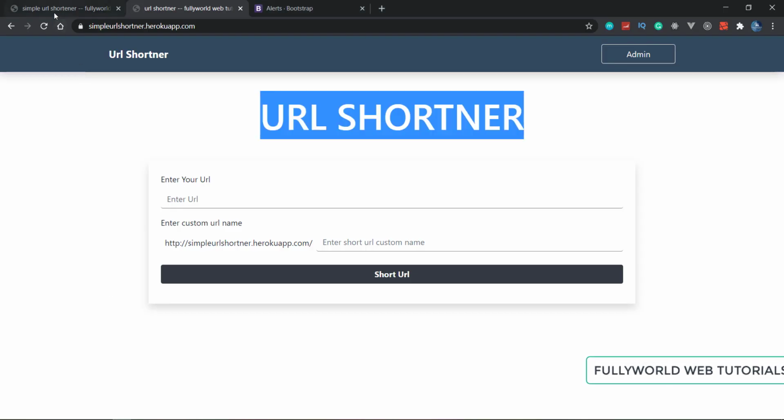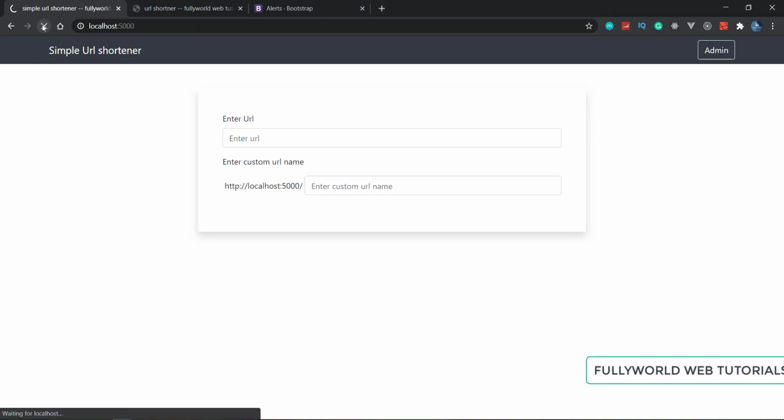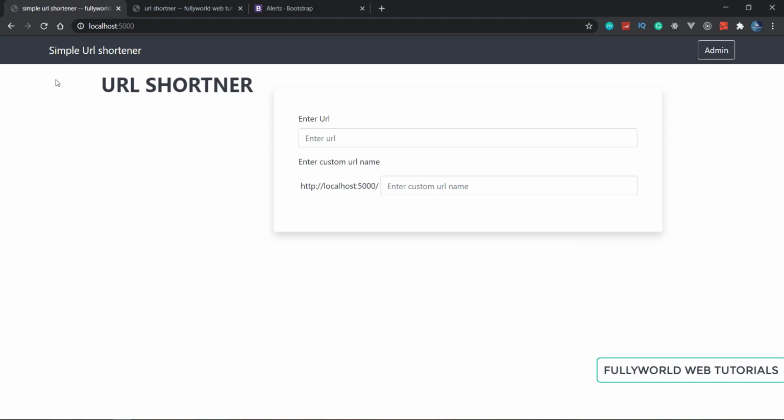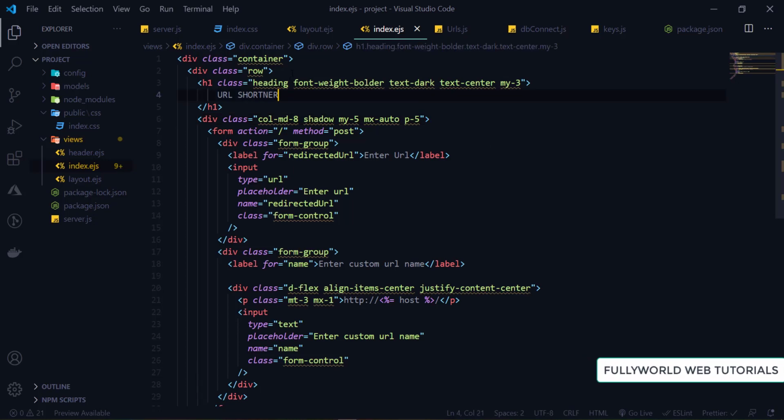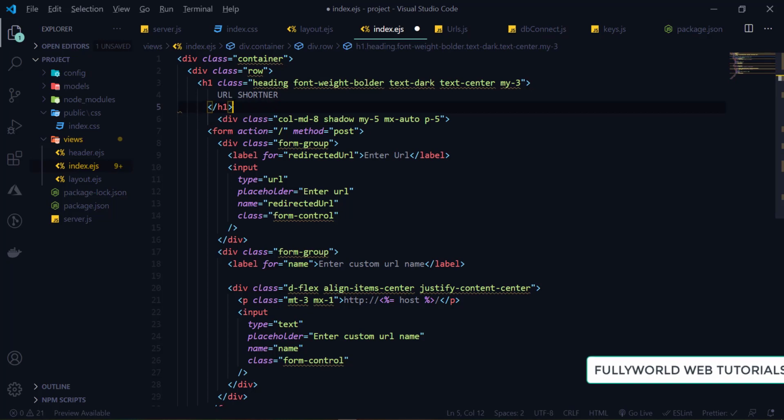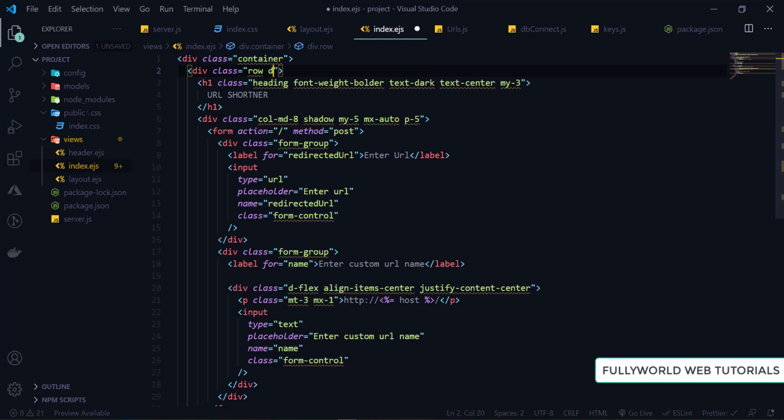Now let's reload it. See that we are getting this URL shortener here. I think a display one is there, so first we have to remove that. There is a row, so display flex column.